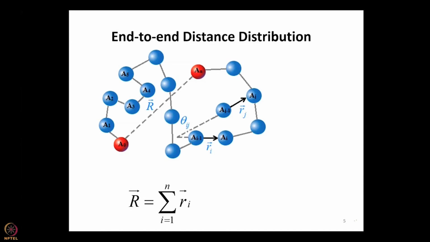Now if I want to go to the end-to-end distance, we call it R, then you realize that this is nothing but the sum of the vectors. Just like a random walk, I want to go from one place to another place to a final place. Where I go finally, if I take a number of steps, is determined by adding up the steps in a vector way. And that's why the vector is important, depending on orientation. That's why orientation is so important. So you can now see the end-to-end distance, both the vector and the scalar, is a dynamic quantity and is also random, hugely random,